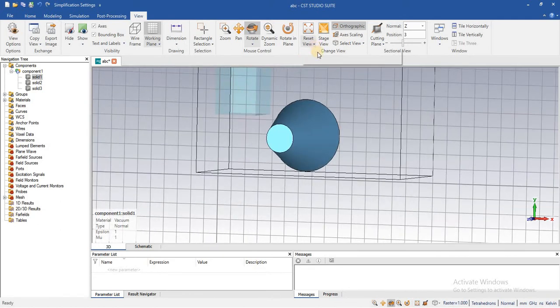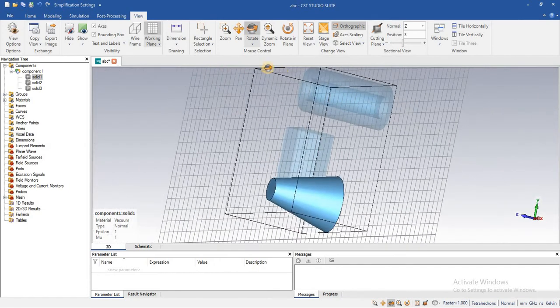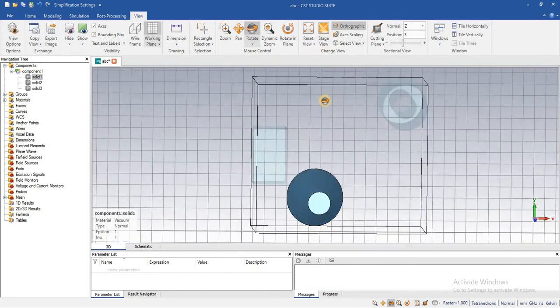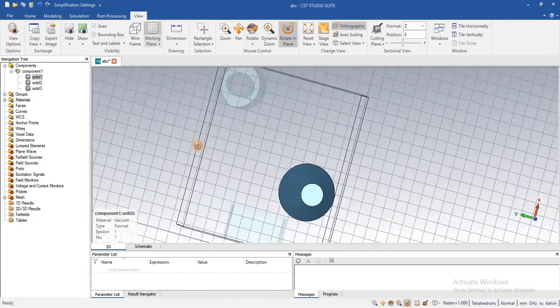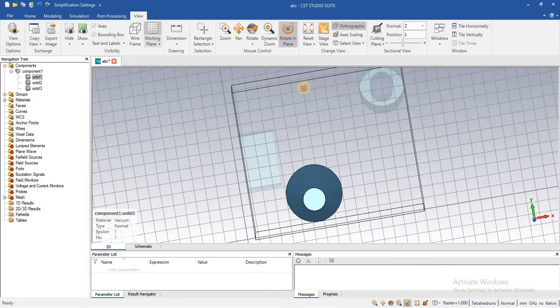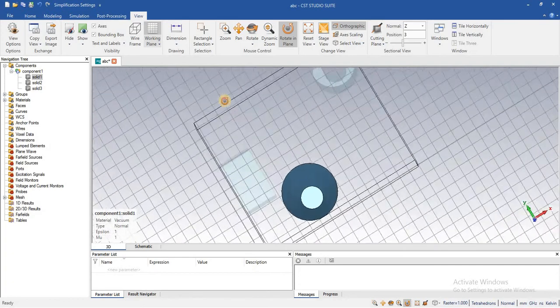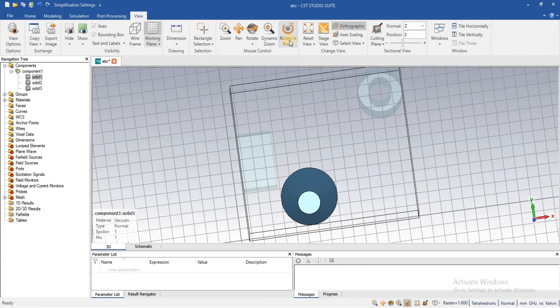The box here, you can see that you can rotate this box at center, remain as it is. You can also rotate the plane, the working plane. This is the grid plane we have. We can rotate this plane by using this command.